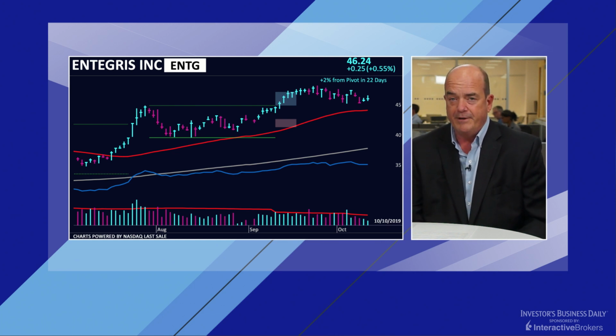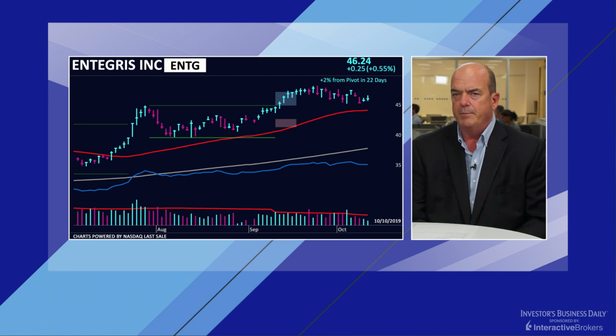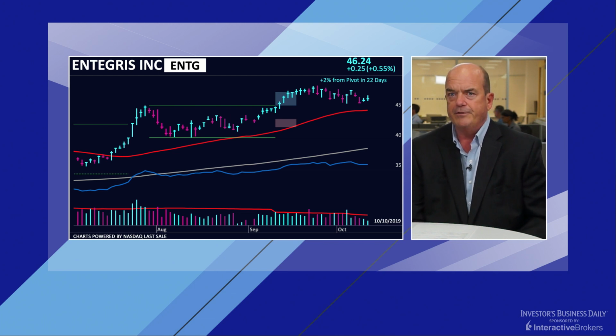So it's still a nice pocket of leadership in the market, particularly the chip equipment firms. I mean, we've been talking about them for a while. Applied Materials is another one, and Entegris is a lesser known name in the chip equipment group, but still very liquid, institutional quality. I like how the stock has pulled back in light volume, still holding comfortably above the 50-day moving average, and it's still well within buy range from that